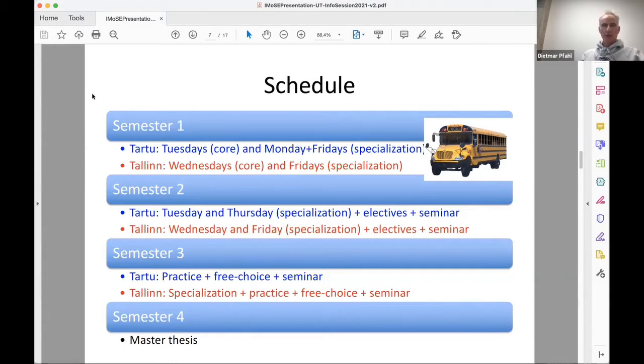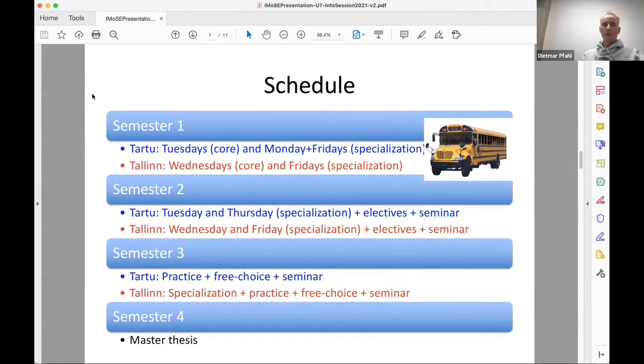But in case this situation normalizes, then from the next fall semester on, we might switch back to the regular in-class teaching mode. And that means that, if you remember, in the core module, 2 courses are taught in Tartu and 2 courses are taught in Taltech. And then you have also a 3rd course where you decide whether it's in Tallinn or Tartu. So in order to make it possible for you to physically be in the class, we have organized the curriculum in such a way that on certain days, courses are taught in Tallinn, and on other days they are taught in Tartu.